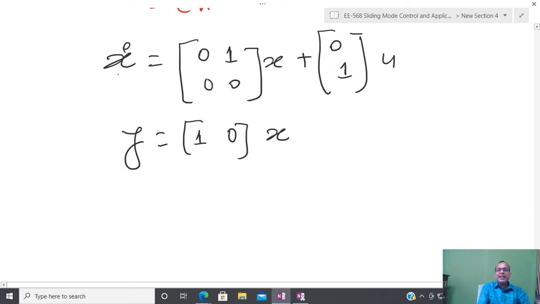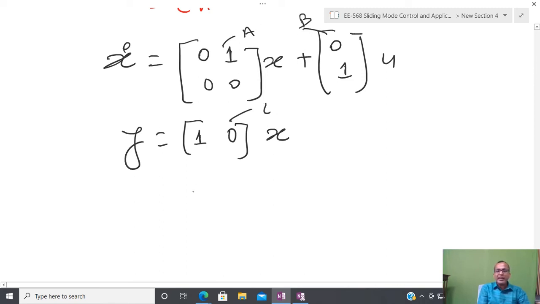I am assuming that I have the same car, and the car is moving in a disturbance-free environment, there is no friction force, and the mass of the car is unity, so I have expressed the system like this. I am assuming that I have some sensor to measure the position. So I have this kind of dynamics. This matrix is A, this matrix is B, this matrix is C.